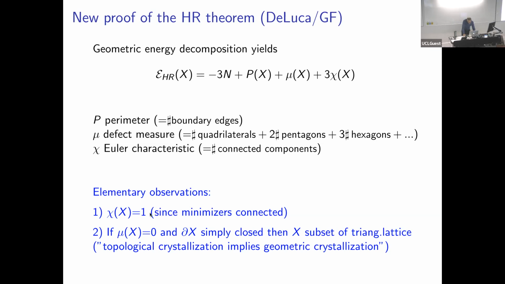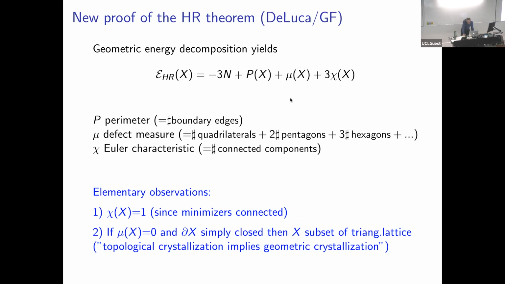The first thing we can do is assume that the Euler characteristic is 1. Because what do you do when it's not 1? You take 2 connected components, you move them towards each other until the distance between the 2 connected components is exactly 1, then you have gained 1 bond. We're talking about finite systems, so it has finitely many connected components, so you can do this move until the thing is connected. So minimizers are connected, so the Euler characteristic is also gone,